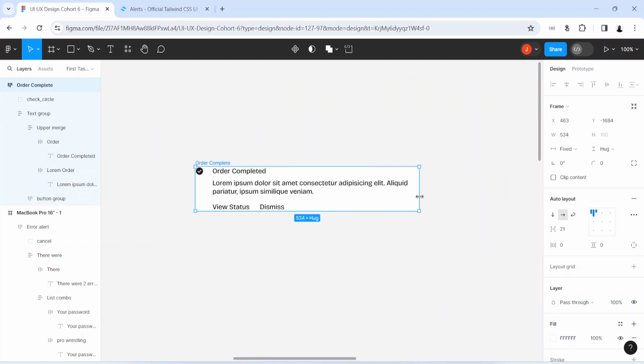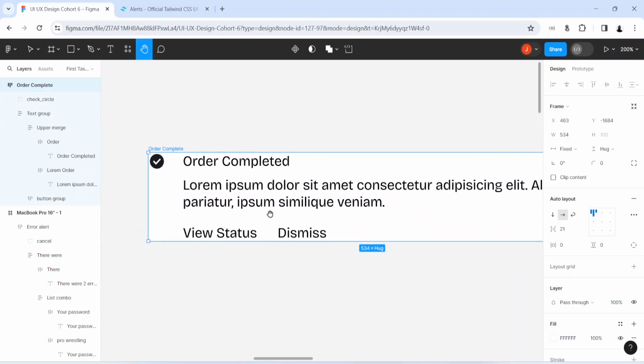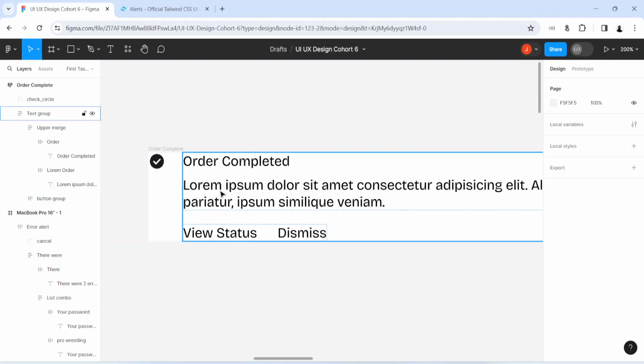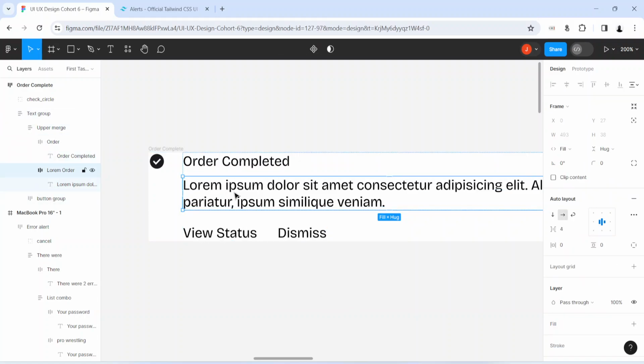Now you might be wondering, why is it that when I merge two auto layouts together, I need to select the one with text and set its horizontal resizing to fill container? If I set it to fill container once, why is it that when I merge into a new auto layout, I still need to select the one with text and set it to fill container again? You might be imagining that. Now, that is because from the beginning, I selected the lorem ipsum text itself and set its horizontal resizing to fill container. That was the text that I selected. I didn't select the auto layout